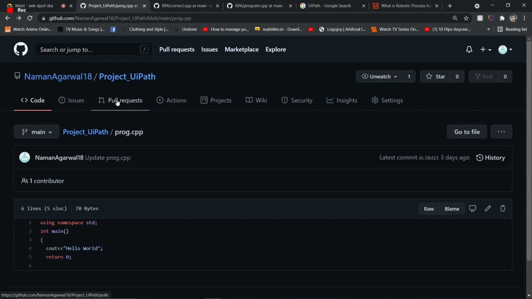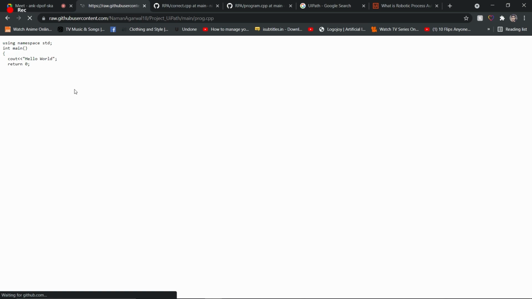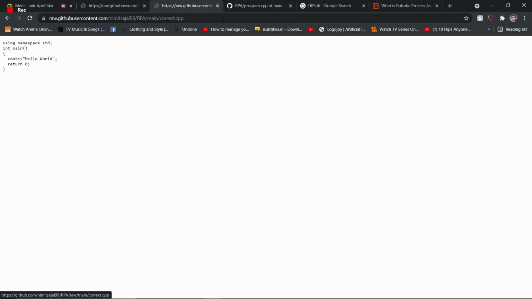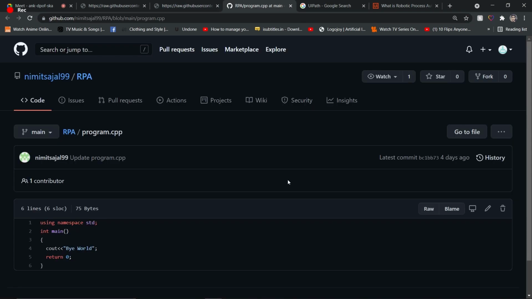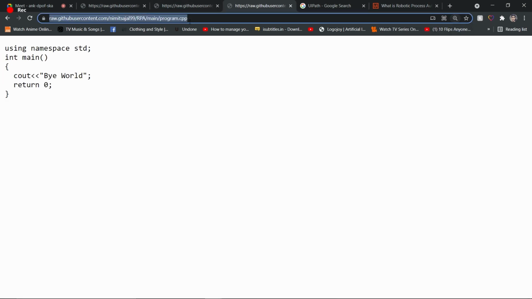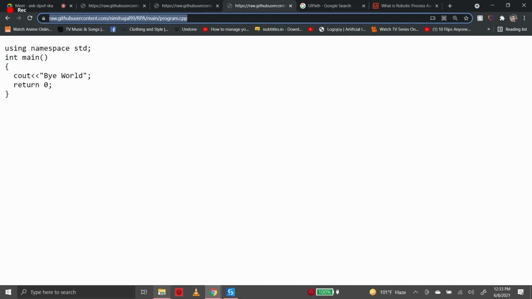Here you can see this is a GitHub ID, and all the links in the Excel sheet for this application are links to the raw file of a particular program. So this link will be saved. Similarly, in this particular program, this link would be saved, and in this one too, right? We have made this for a very basic program, and now Nimit will explain further.